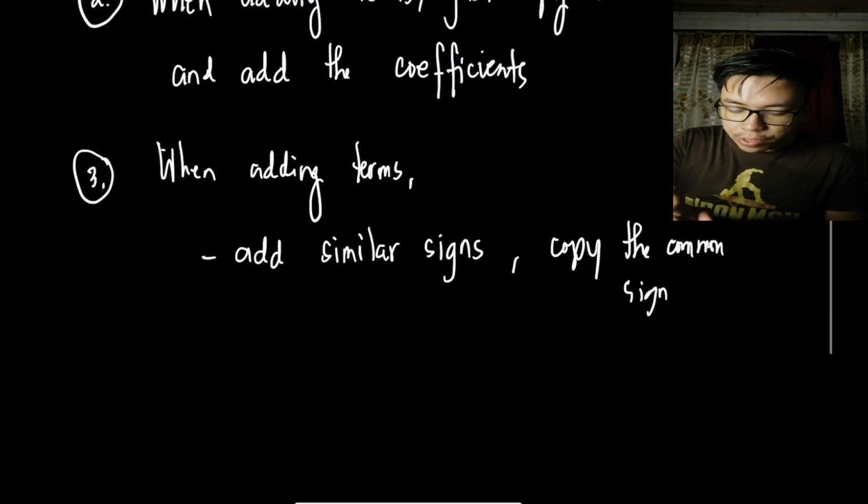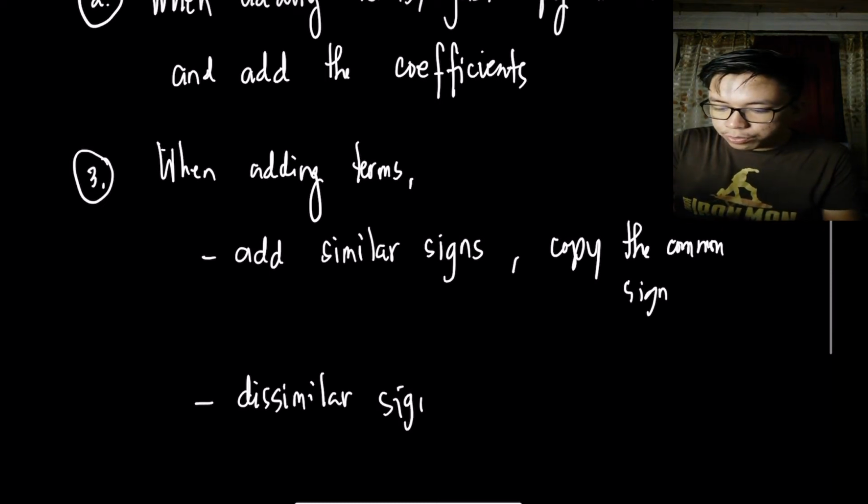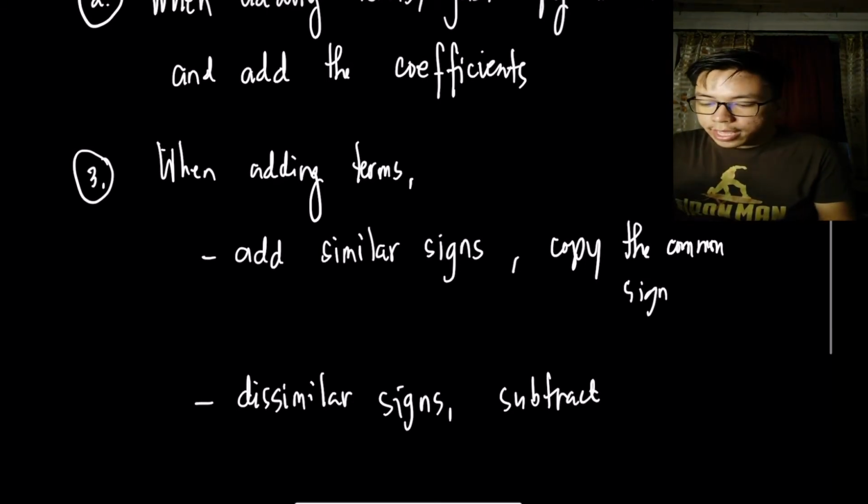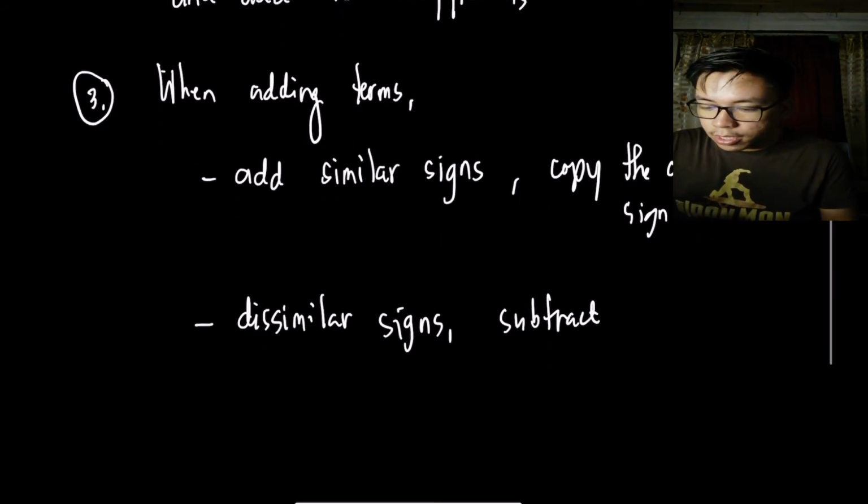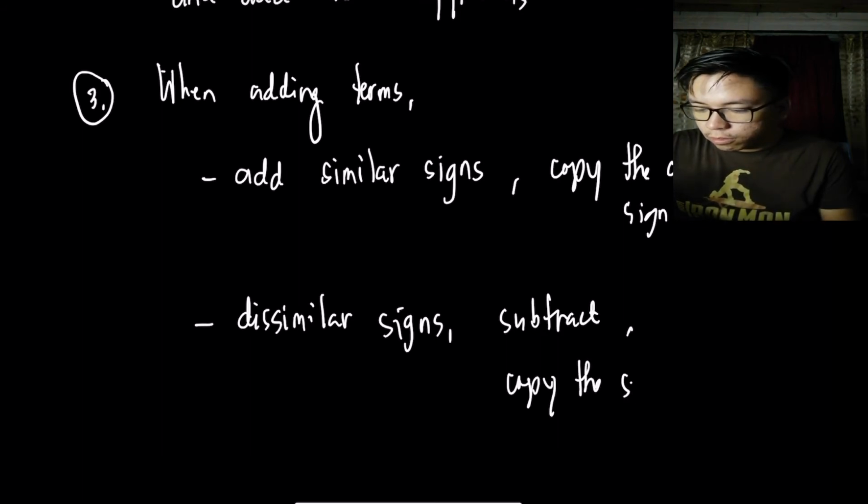If the signs are different, you subtract. So you're not going to add but subtract. And then after subtracting, copy the sign of the larger